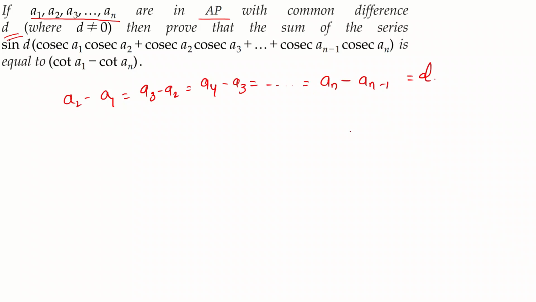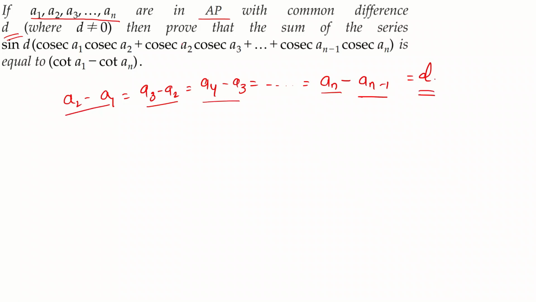So A1, A2, A3 up to An are in AP. They have given you that A1, A2, A3 are in AP with common difference d. Once the common difference is d, we know that we have taken this kind of problem in the first video. Because they have given us the common difference, A2 minus A1, A3 minus A2, A4 minus A3: the first thing that should come to mind is that all of these differences are equal to d, because the difference between any two consecutive terms is d. So second term minus first term, third term minus second term, fourth term minus third term, and last term minus second-last term is actually d.